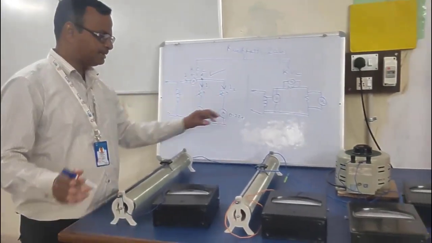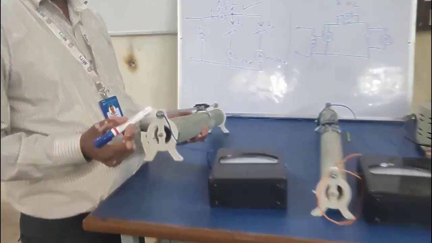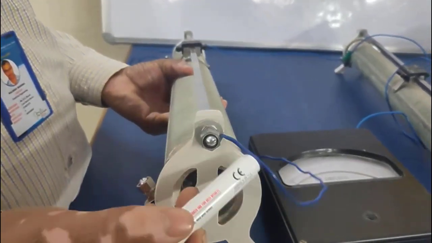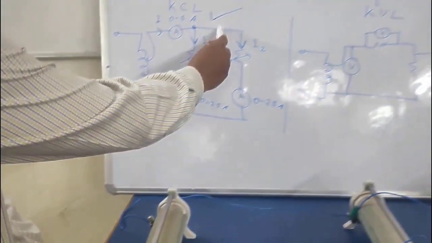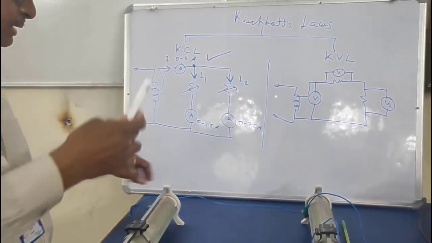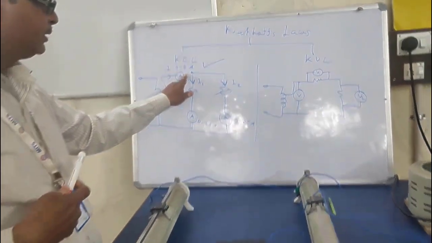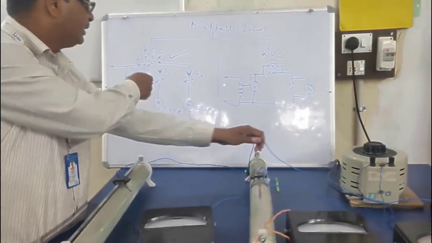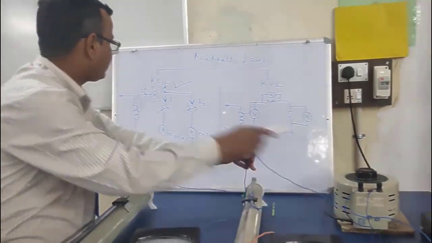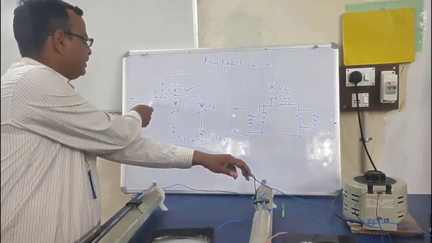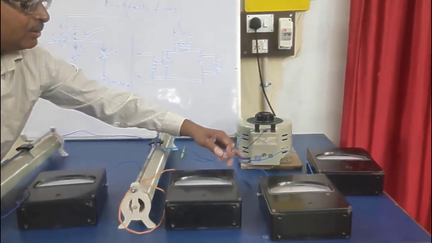How to connect the circuit? Let us see. This is the rheostat, with 2 terminals, receiving incoming and outgoing points. First of all, we connect the same potentials. From these points, this wire is going to the ammeter. This wire is going to the total current I ammeter, this one. The second wire of this ammeter is going to the auto transformer. So we connect this to the auto transformer.